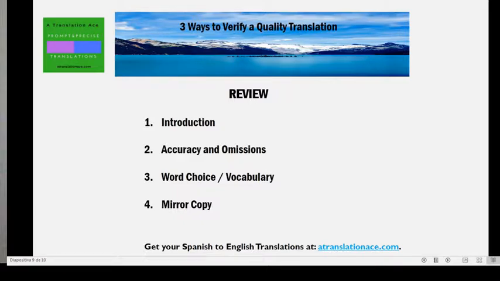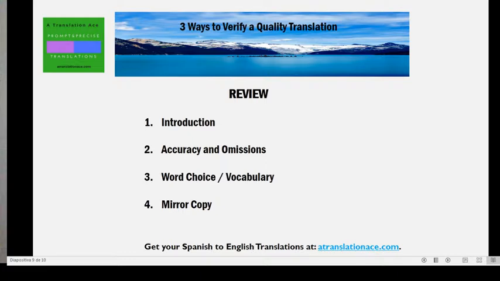So today we did an introduction of myself, a certified translator from Spanish and Portuguese to English. We looked at 3 ways to verify a quality translation. That is, a translator will go through these 3 steps to make sure that the document is of a quality translation. That is, the document accurately reflects the meaning from the first document to the translated or the second document,